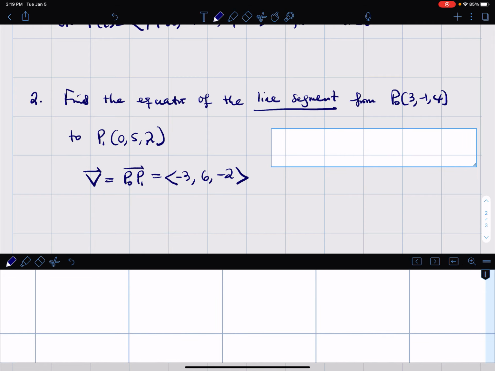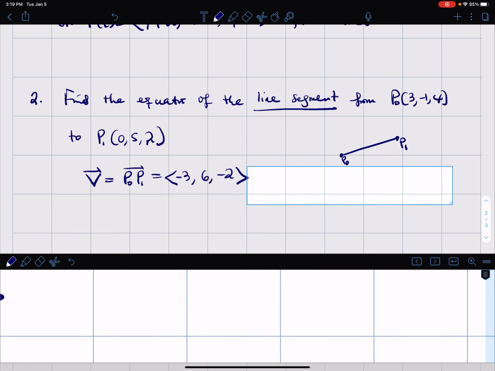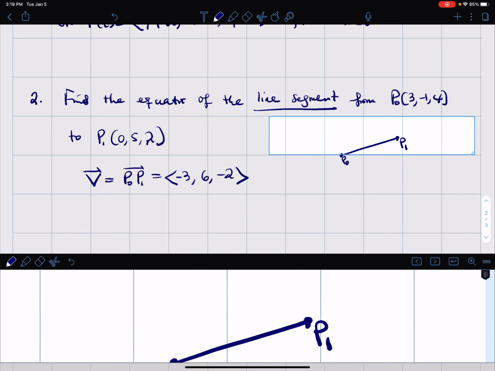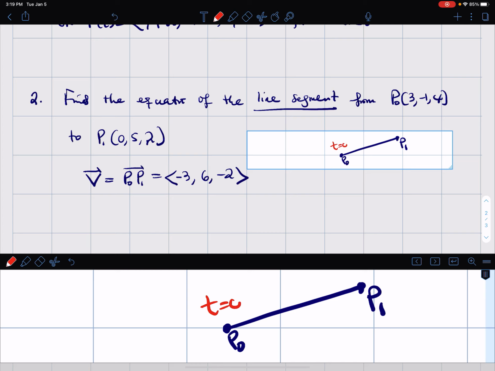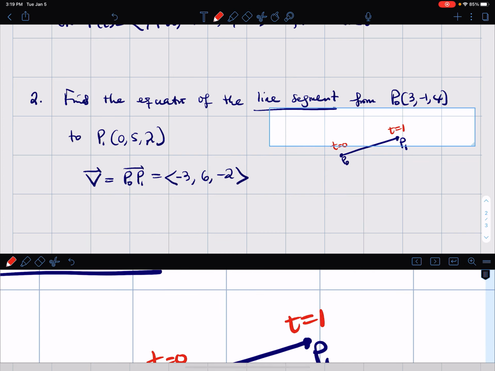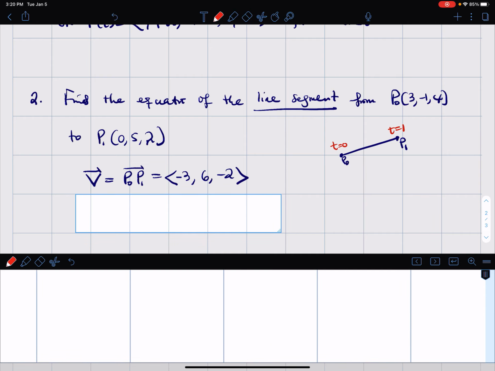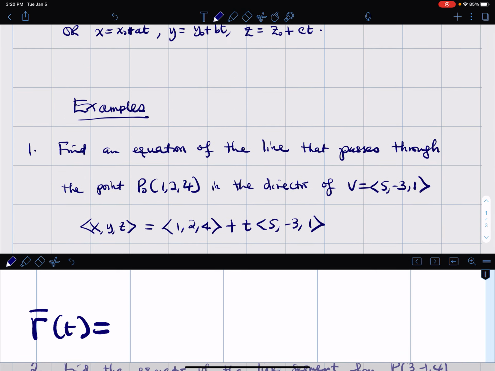So the line segment is P0 to P1. We're thinking that if it's a line segment, at this point t has to be 0 and t has to be 1 here. That's the standard way of parameterizing it. We want to go from t equals 0 to t equals 1. So the equation that we want is going to be r(t) equals, remember what we have,